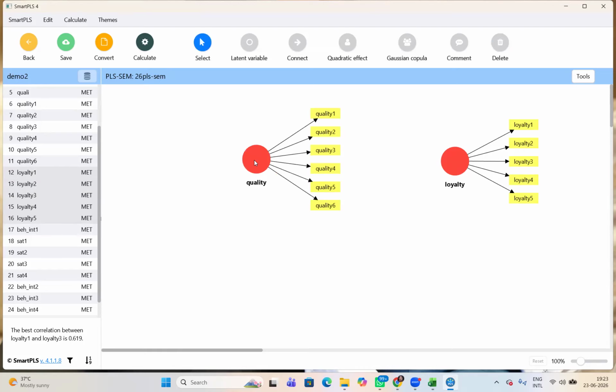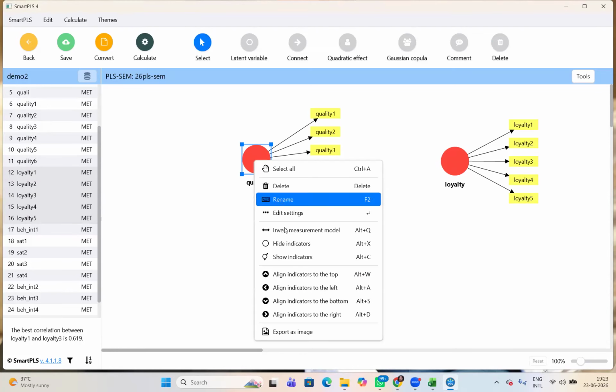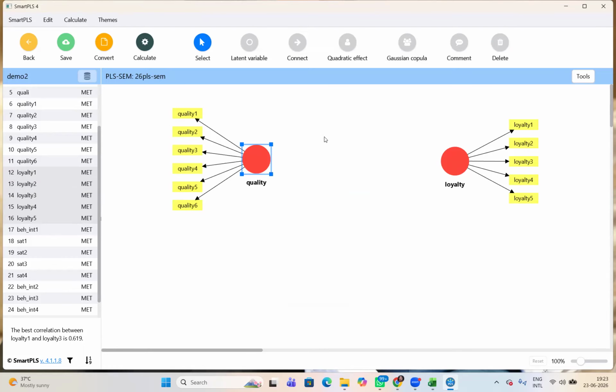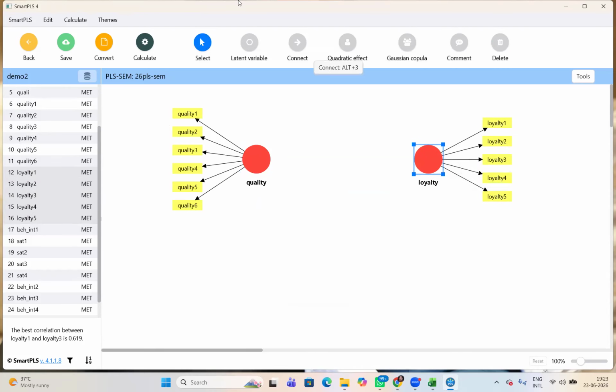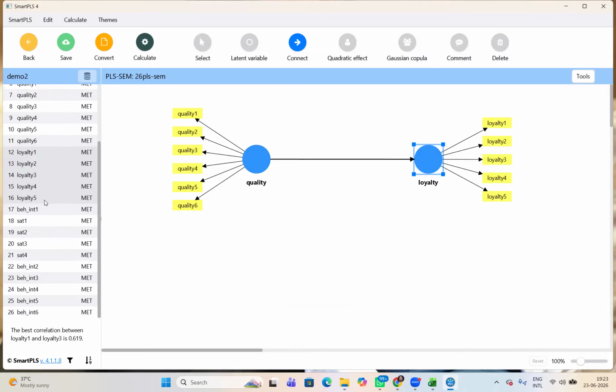Okay, and by clicking on that, I have to take this into the left side, and I have to click it like this. This is your proposed model. From the literature, you propose that quality has an effect on loyalty. So this is a simple regression model. We can also add more variables. Suppose we are taking satisfaction. Satisfaction 1, satisfaction 2, 3, 4. I take it here.